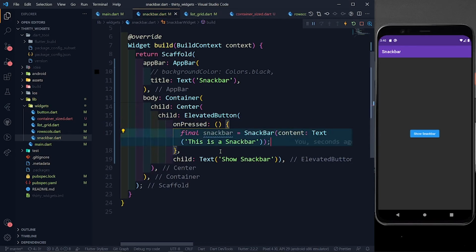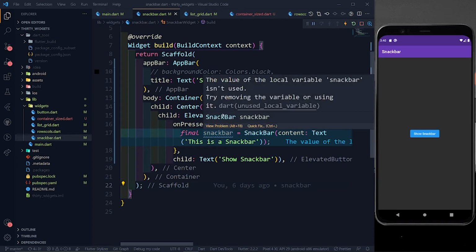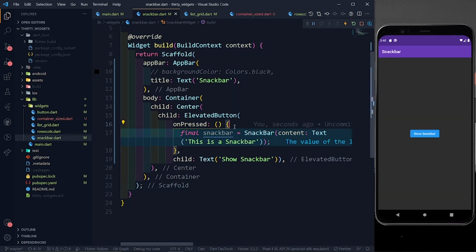Let's just save it. You can also change the styles of this text. It's totally up to you. You can change the boldness, you can change the font, you can change the font size, then color, everything you can do it in the text widget, right? Then let me just save it and let me just show what we get. So if I just click on it, okay, we have not even called this snack bar. That's a very silly mistake. So let's just call it.